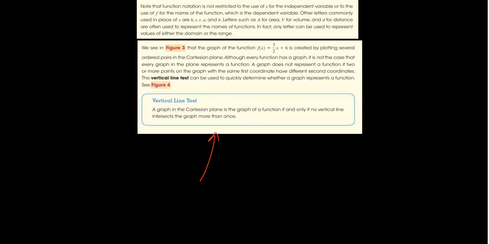Okay, so earlier I mentioned that in order to tell if something is a function algebraically, we solve for y, and then we determine whether we have that plus or minus there. If we have that plus or minus there, then we do not have a function. That's how we check things algebraically. How we check things graphically